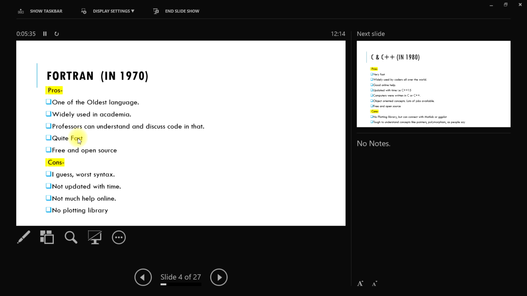Okay, we can discuss that. You can justify that later on. Is it so? I don't know. Maybe it's faster than C++, but I don't think it is very much faster than C++, because C++ is also a low-level language. Fortran is a low-level language. I'm comparing it with MATLAB. Yeah, with MATLAB, of course, it's very much faster. I know that.